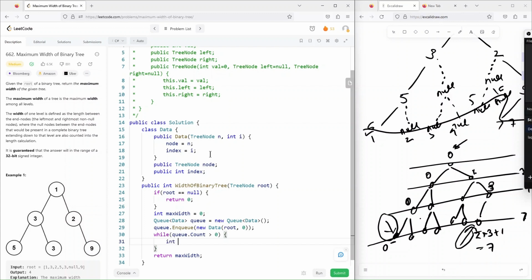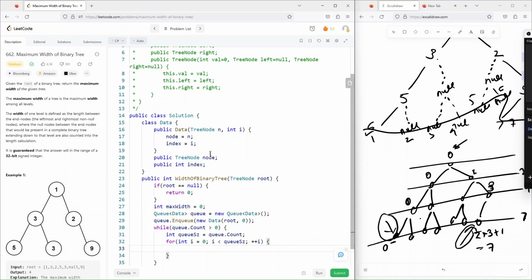So integer queue size is equal to queue dot count, and that processes all the elements in the queue at this level. So i is equal to 0, i is less than queue size, plus i,